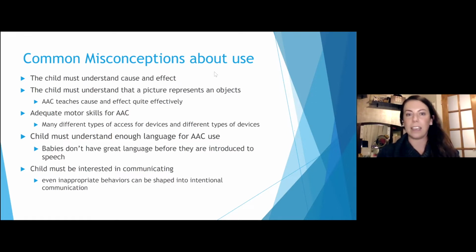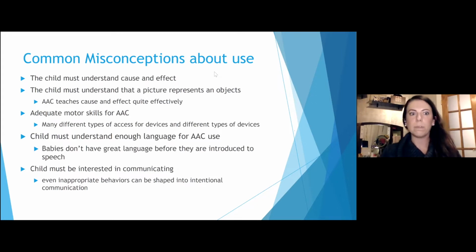The same thing happens with AAC users, and I see this a lot, especially when we have a high-tech device that has a lot of words available on it, and then we give it to the child and we're like, you should have 5 words by next week. And that's just not the way that we learn language. It is something that's completely different. And so that's very common, something that therapists fall into and families fall into. We need to look to see how is their language growing? How are they understanding what the language is on the device as well as what the language is that's around them?